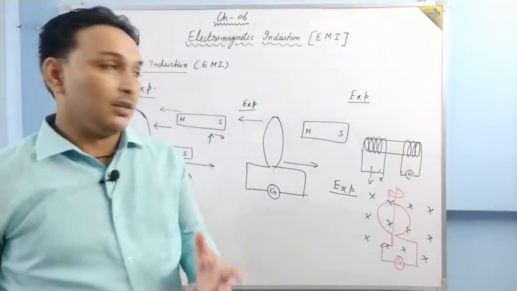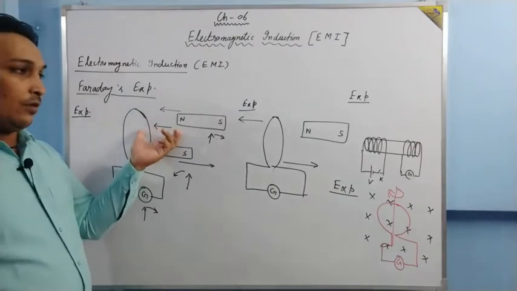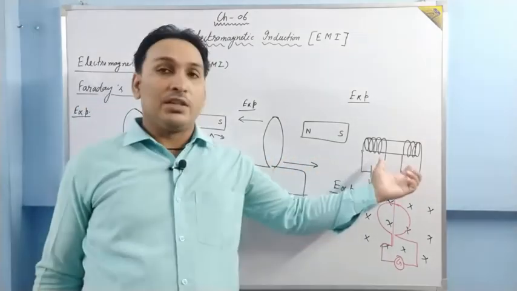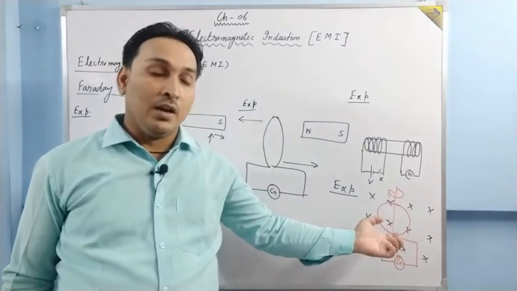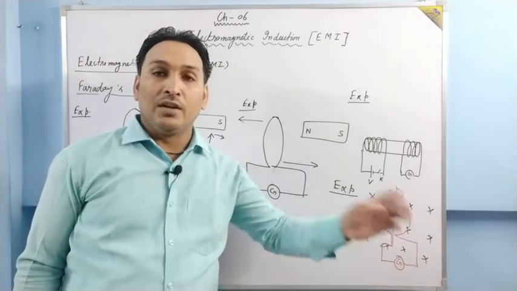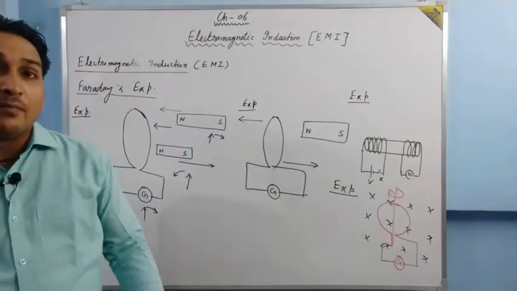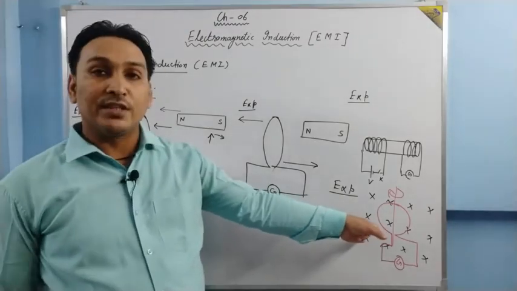What is that? Is it the distance between the coil and the magnet? No, it is not, because here no distance is varying. The coil is well within the magnetic field. The coil is not traveling any distance over here, the coil is just rotating. It is not the distance. Is it the magnetic field alone? No, it is not, because here the magnetic field is constant.